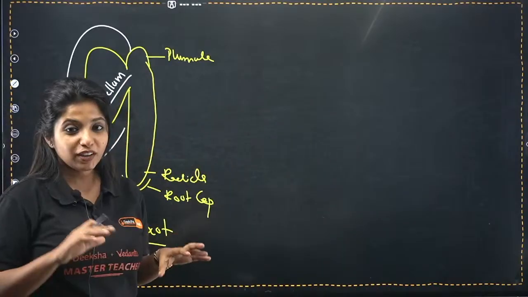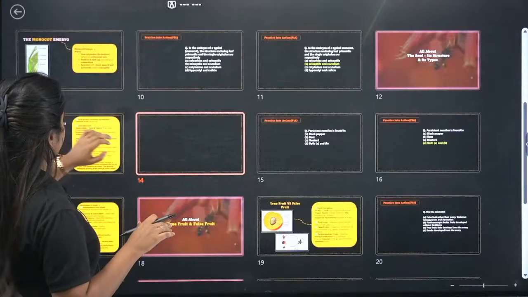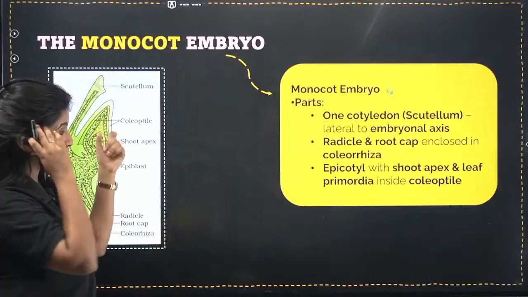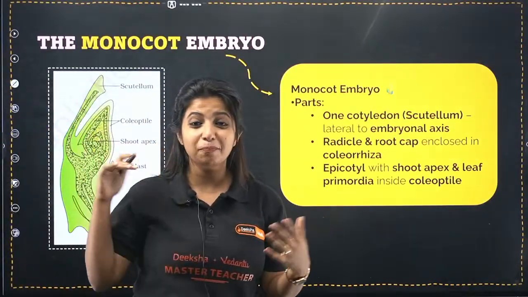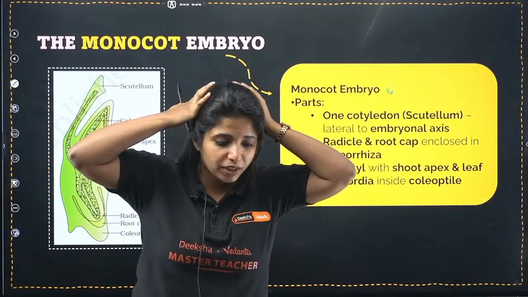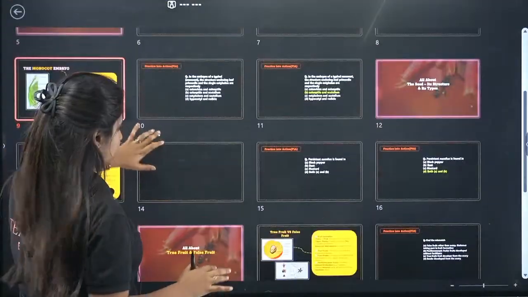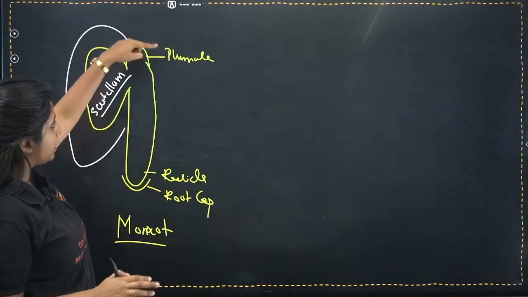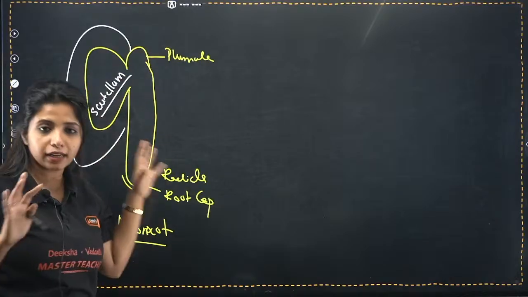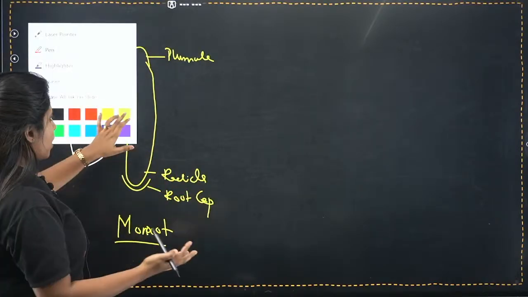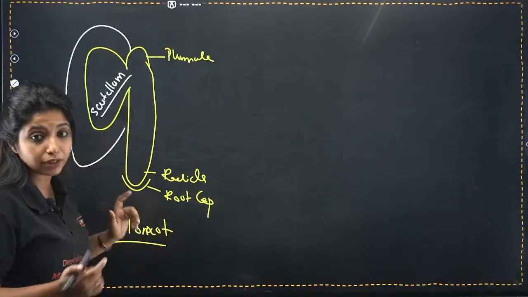Okay, now we are going to make the picture which is given in your NCERT, which looks something like this. The picture that I drew and the picture which is over here are very, very different, right? So I'll tell you how to make it simple. The picture that I drew looked like this, where I had made the plumule and the radicle and all of it. Since it is a monocot, I need to understand that there could be differences.